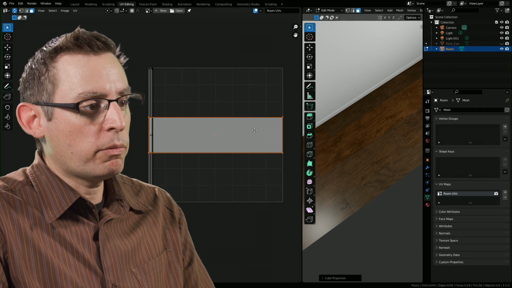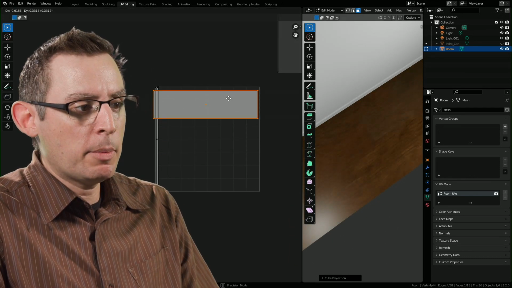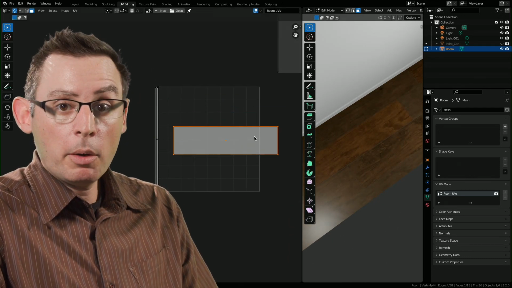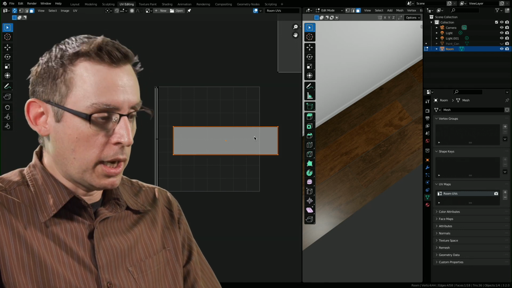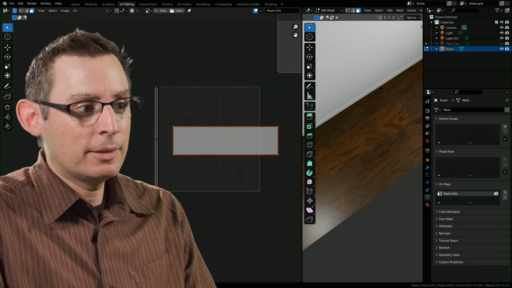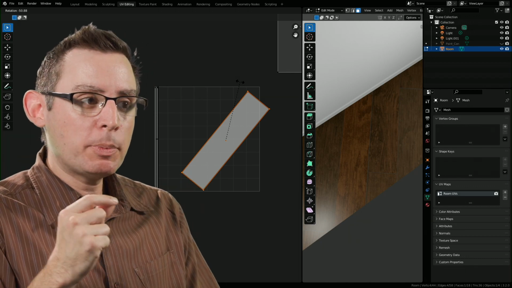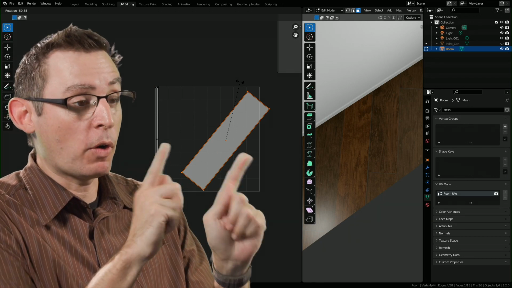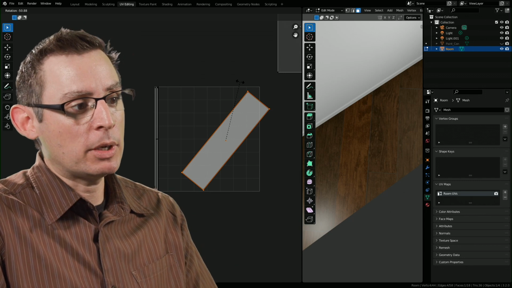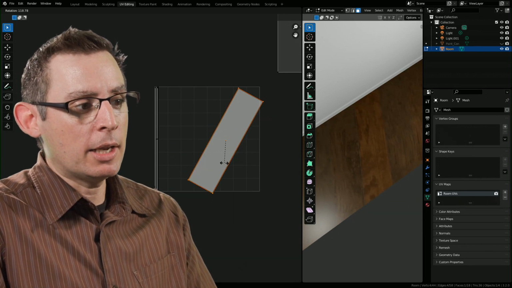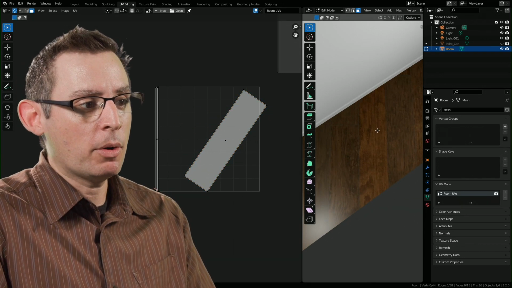In addition, if we were to now grab it, same effect like we had before. However, if I hit the R key to rotate it, watch what doesn't happen. Yeah, see how we're not getting that wild stretching? That's because the size, scale, and proportion of our UV matches its 3D counterpart. And now I can edit the location of that texture however I'd like.